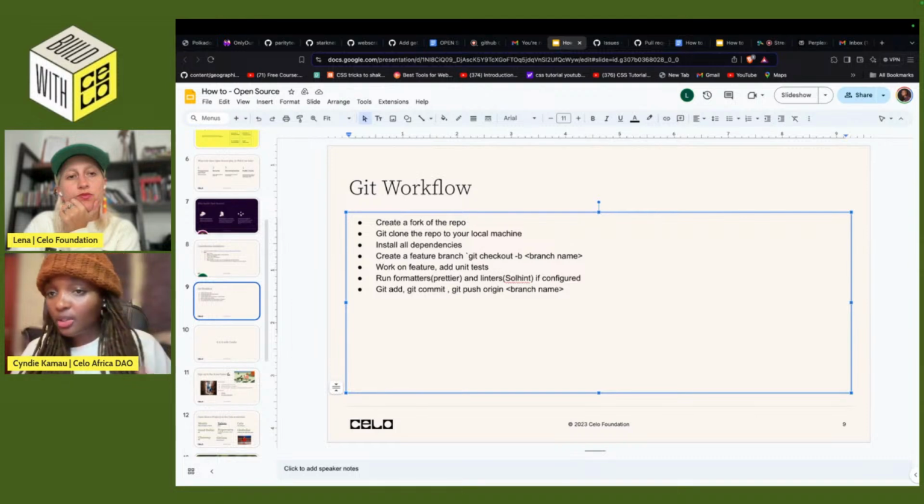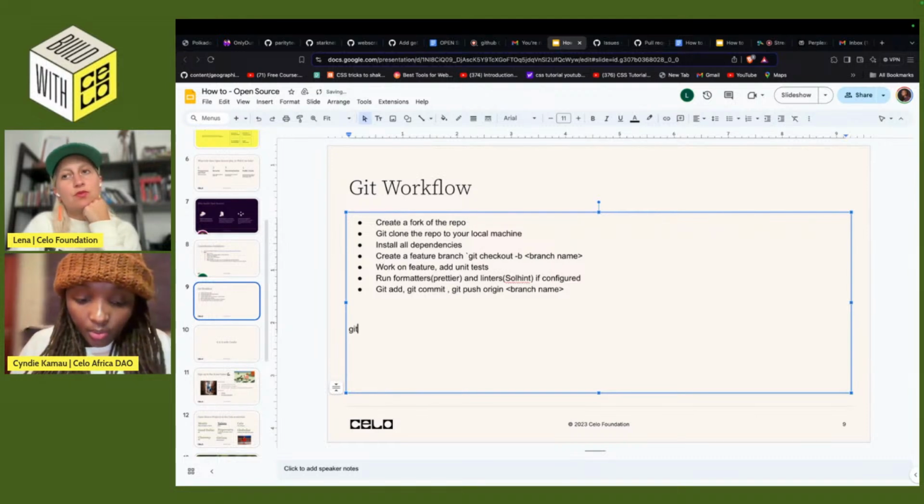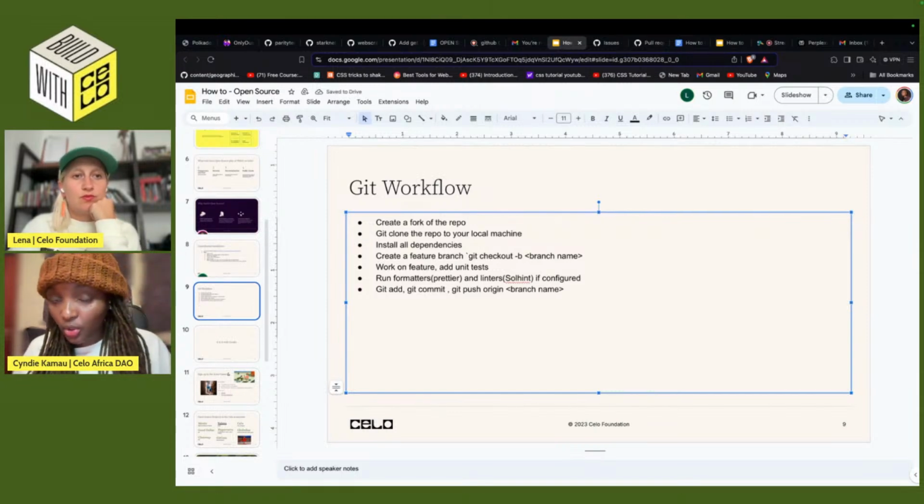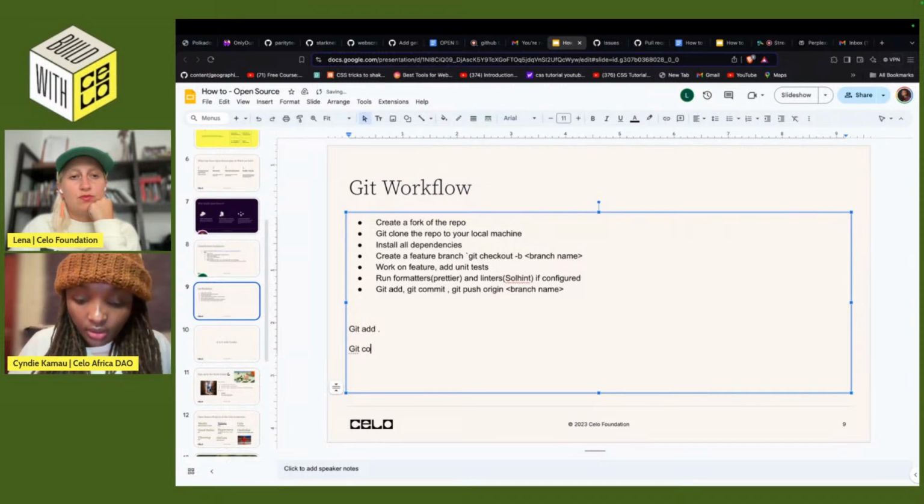Example, let's say you've worked on a feature on the front end. For git commit, I hope you guys can see my screen. So you find when you're adding your git commit message, because normally you will do git add, right? And then now for git commit,